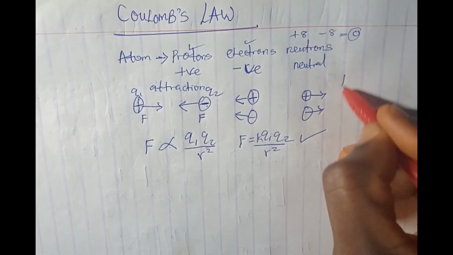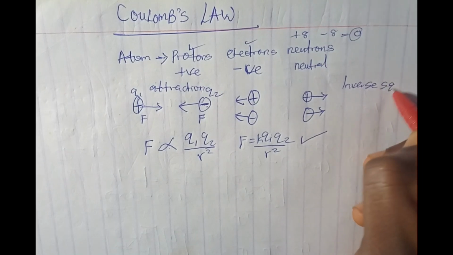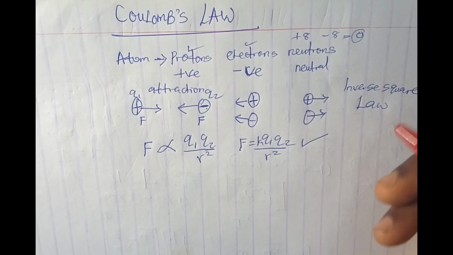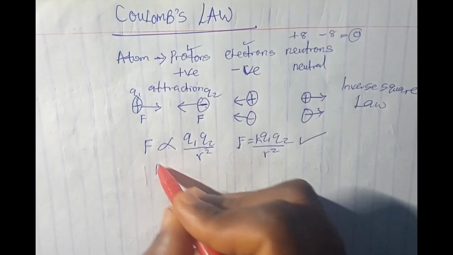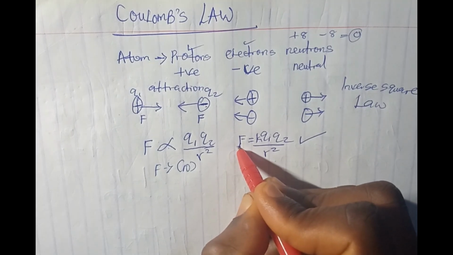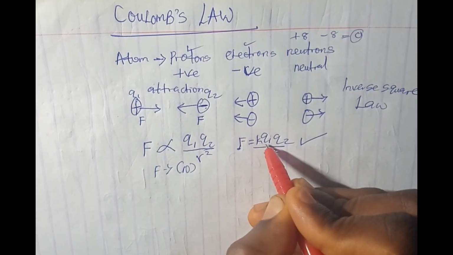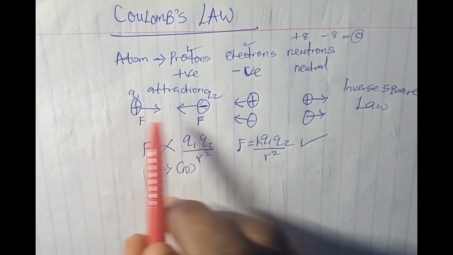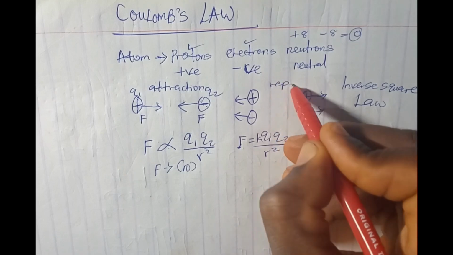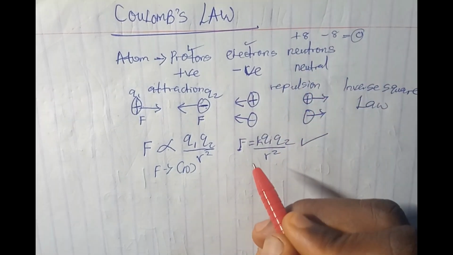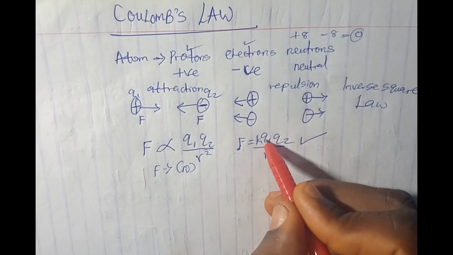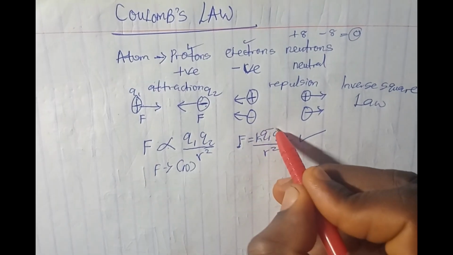And this formula is another inverse square law. I hope it makes sense. So this force is measured in Newtons, and it is not only force of attraction. Remember what I said, it could be force of attraction or repulsion depending on the two charges involved. If they are unlike charges, it is force of attraction. But if they are like charges, it becomes repulsion. Please don't forget. Now, Q1 and Q2 are charges, so their unit is Coulombs. They are measured in Coulombs,